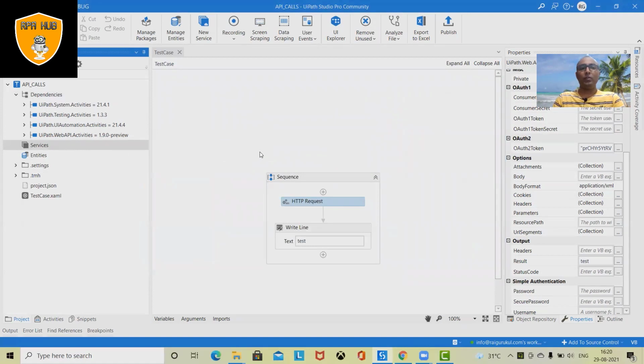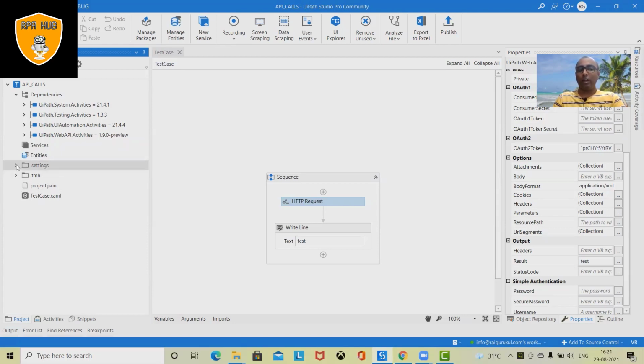Now, if you want to use any services, you can add services here, like cloud-based services or database services. You can directly include them here. Entities. If you want to use data services or different entities, you can add them here or connect your entities directly, which will give you more closeness, or we can connect directly with your data services entities. Settings panel, you can add your settings or use whatever settings are already there.